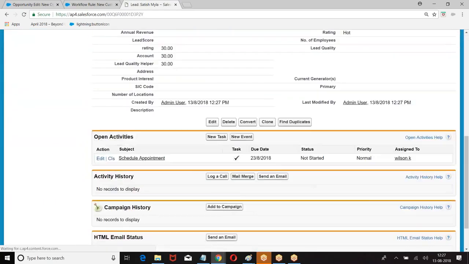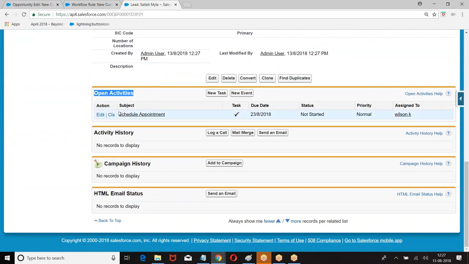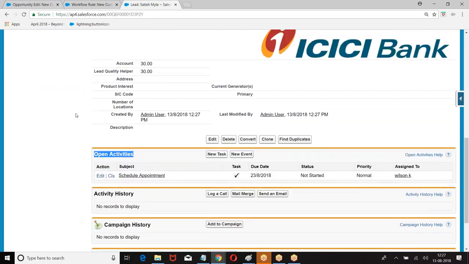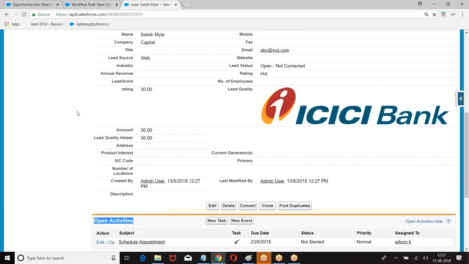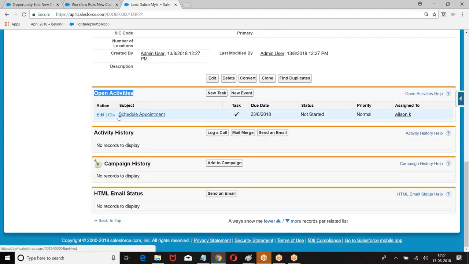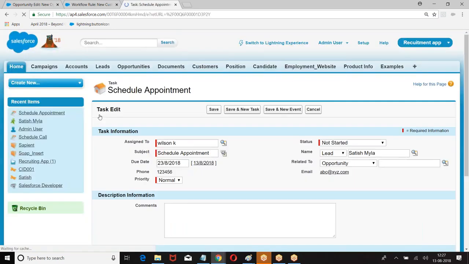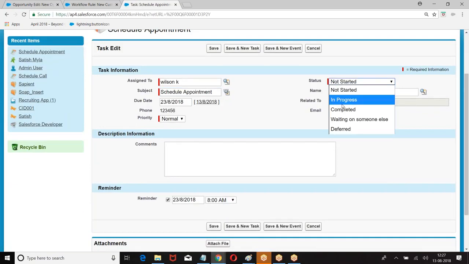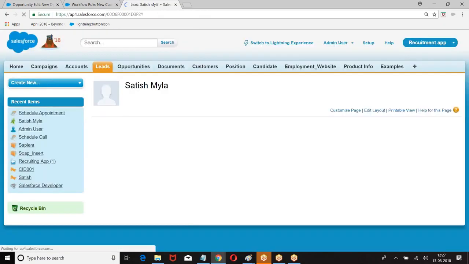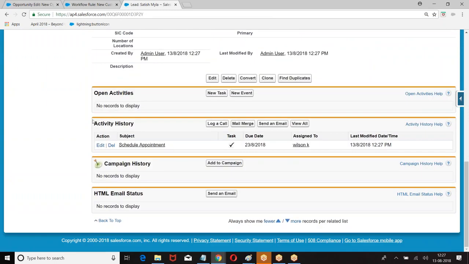Save it. When you save the record, open activities, schedule an appointment. Task is assigned to. I hope you are good with this. Okay. Now, if the task is closed, look at this. I have set status equal to completed. When I say task status equal to completed, what will happen? They are visible in activity history. Previously they were in open activities. Now they are visible in activities.